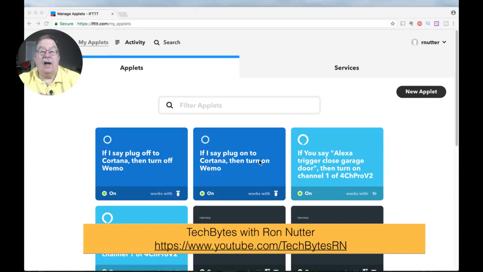Now it's a matter of we have to set up 2 applets, and that's going to trigger on turning it on and then turning it back off. Now, there may be a way you can do it in one, but so far I found the easiest way is to have just one sequence to turn on or turn off and use another applet for that. So let's go